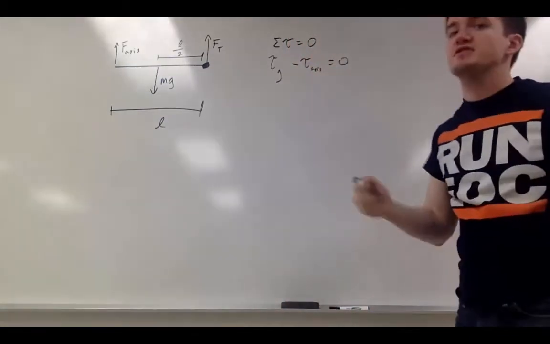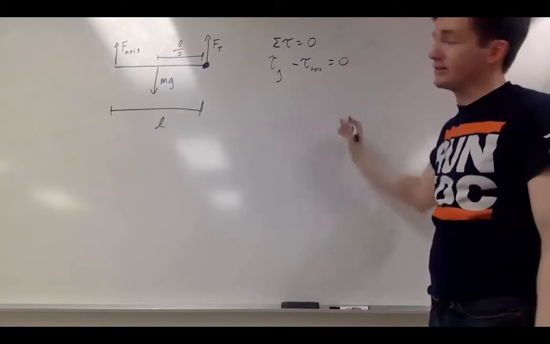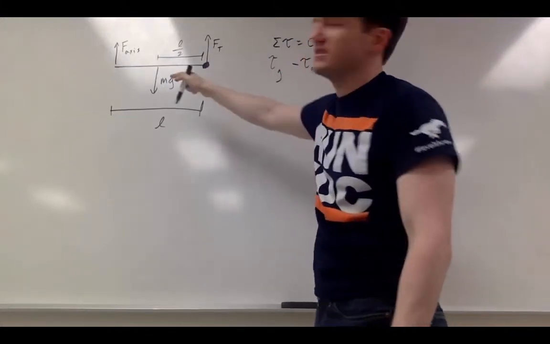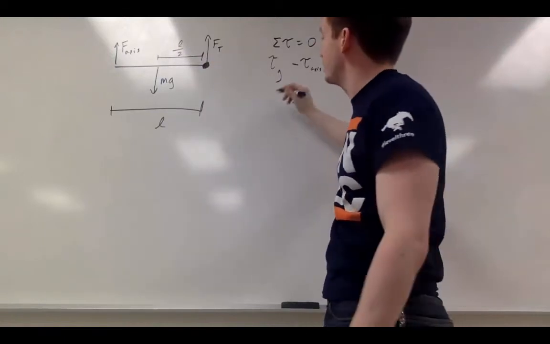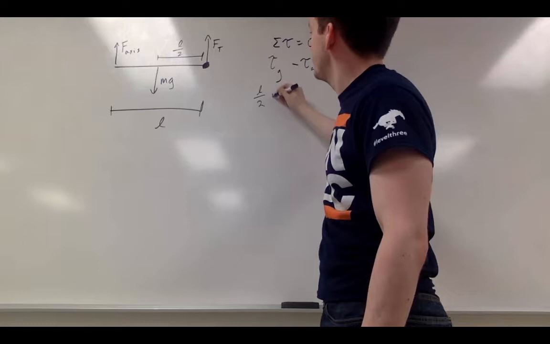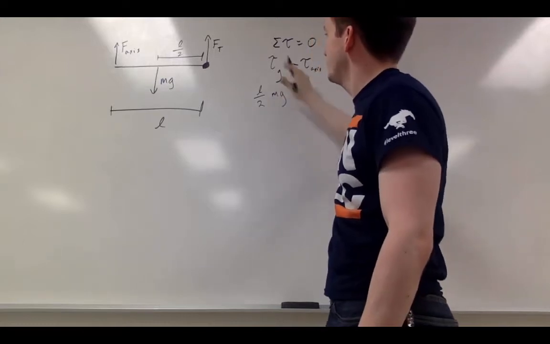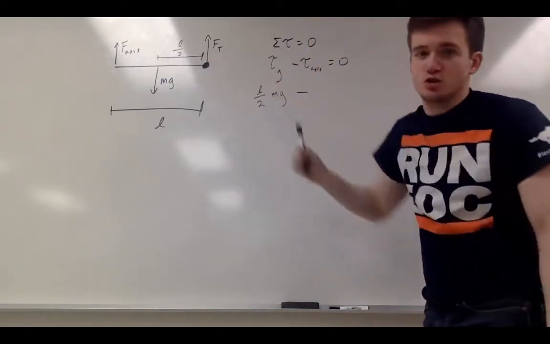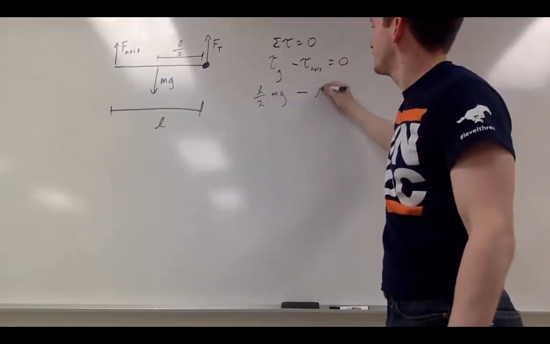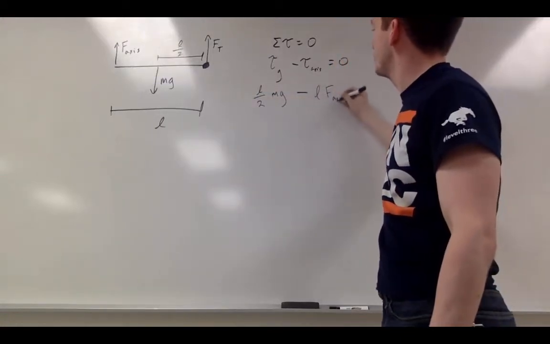Notice how I'm still writing equaling 0. I'm not forgetting the right side of my equation. This is going to be RF sine theta. Sine theta is going to be 90 in both cases, so we'll just leave that out. Got L over 2 times mg for that torque. And then for that torque over there, it's acting at a distance of L. And the force is a value